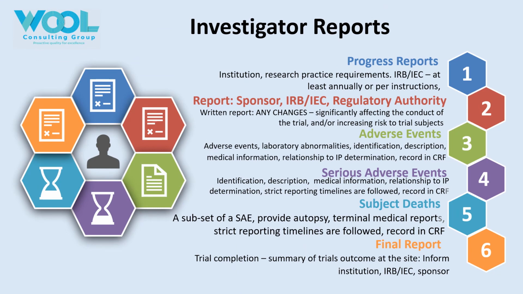Now, when we are coming to what type of reports the investigator has to generate, let's first look at what we call a progress report. This can be a progress report about the study, the status of the subjects, number enrolled, number completed, number who have passed away, number who are active in the study or not, number recruiting, how many subjects have we screened and recruited, to the institution for their own research practice requirements, their IRB and Ethics Committee, and